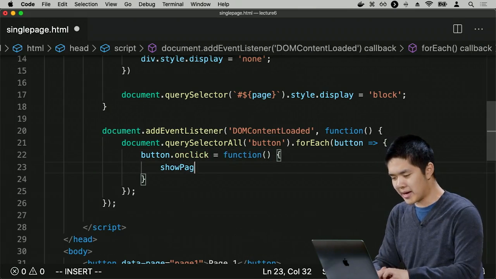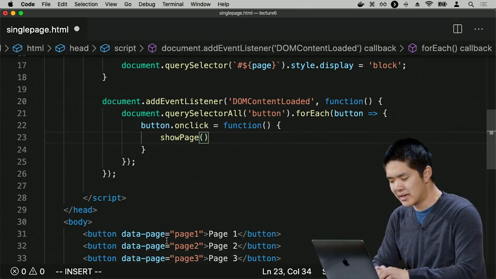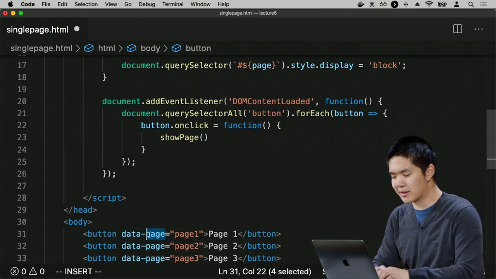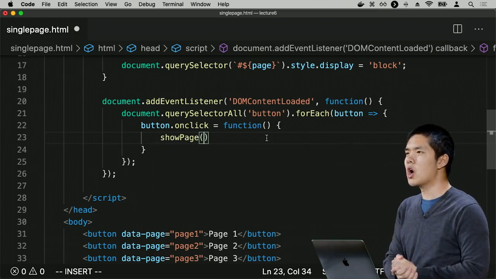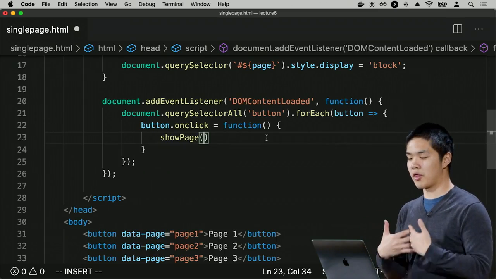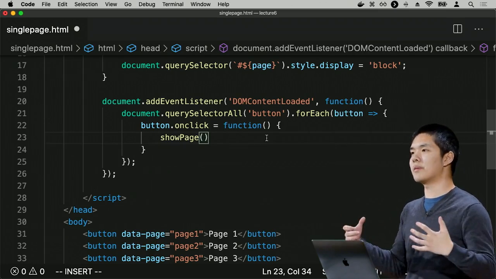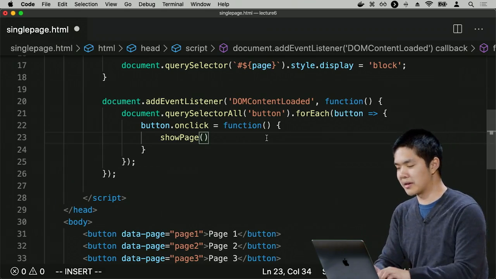I'd like to show page. And which page do I want to show? Well, I want to show whatever page is in the page part of the button's data set. And to get it, the current button, the button that has been clicked on, recall that when we're inside of an event handler, we can take advantage of the JavaScript keyword this, which refers to whatever element has received the event. So whatever button in this case that was clicked on. So I can say